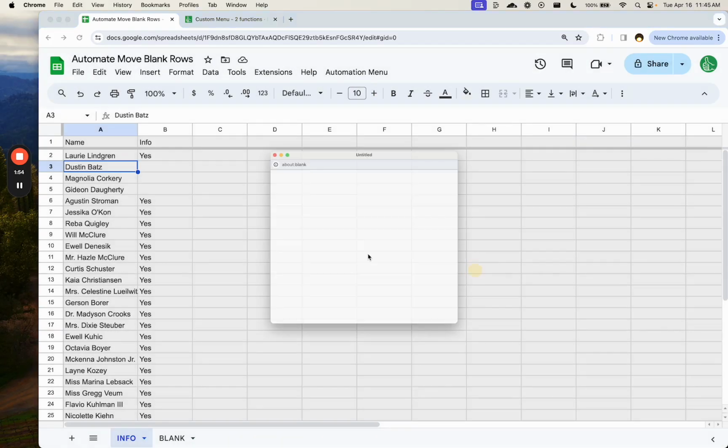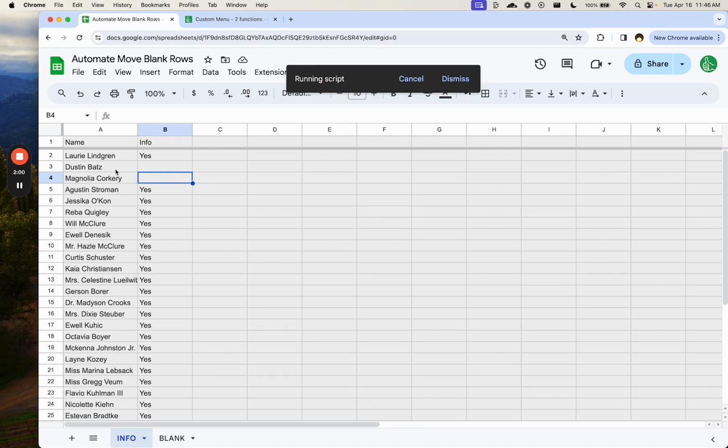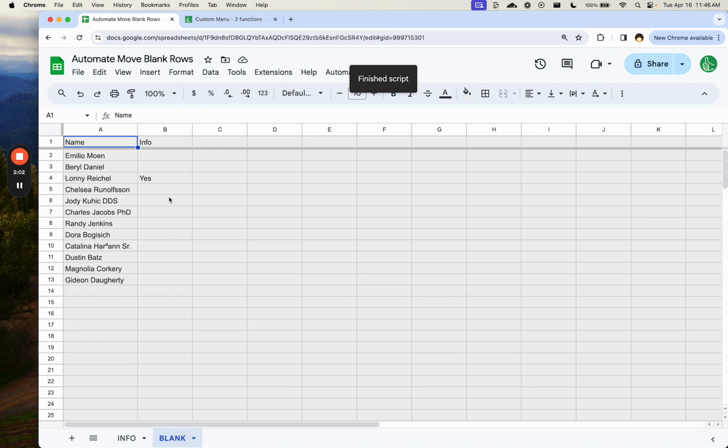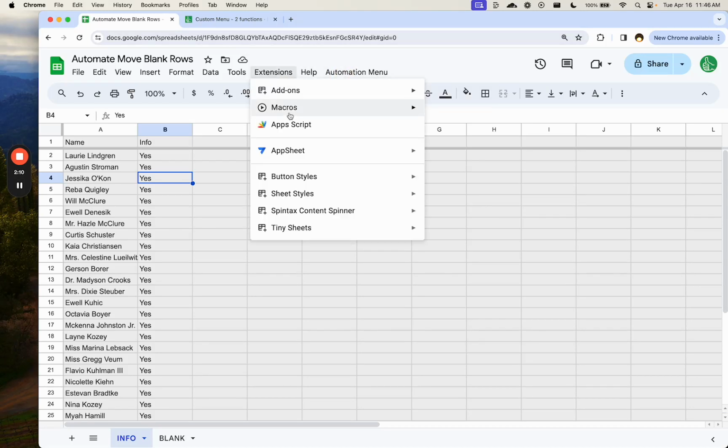Again, it'll ask us to authorize. It'll only do that once, the first time we run it. So now we can run it, and it'll run the script, and it will move those items over to the blank page. Here they are. Okay, but is that really automation? That's sort of semi-automation. Sure, we've now made it a couple clicks, but there's something else we can do to